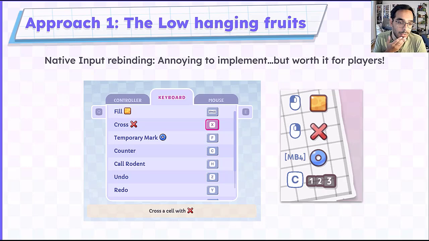And the last one in this part is native input rebinding. This is an obvious one, but it's often forgotten. And something that to me is really important is to not just rely on the system-wide input rebinding that Steam or the Nintendo Switch have, for example. Having a proper native input rebinding menu in your game is really superior because it means that you can control and rebind everything, and you can also match all the prompts and glyphs